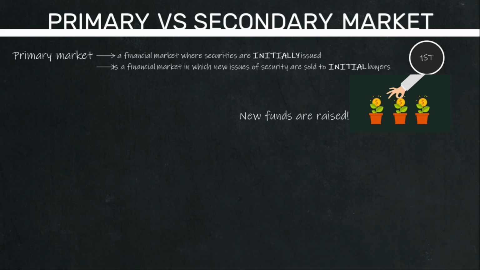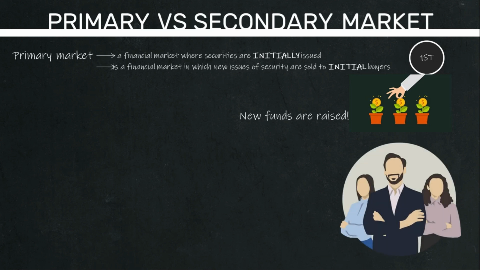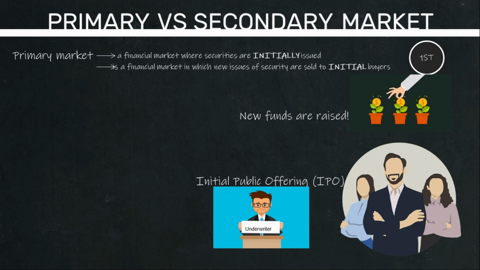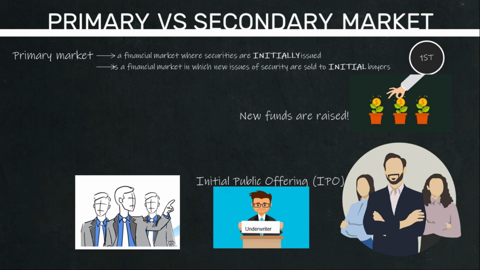Take for example, when a private corporation decides to go public, meaning it has decided to sell its shares to the public for the first time, it undergoes what is called an IPO, or an initial public offering. The IPO is quite a complicated and highly technical process, but we should know that this is normally done through the help of what we call underwriters, usually through investment banks, who detail the original selling price of the shares. During the IPO period, the issuing company is the only seller, and thus, when investors purchase shares through an IPO, they actually purchase shares directly from the issuing company, and the funds raised form part of the issuing company's